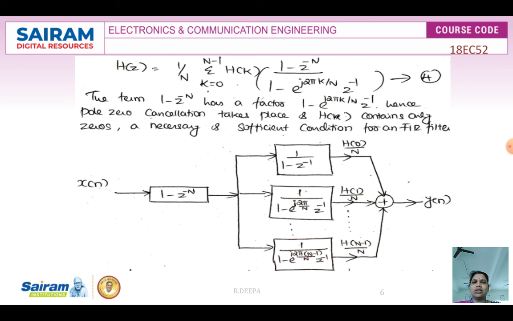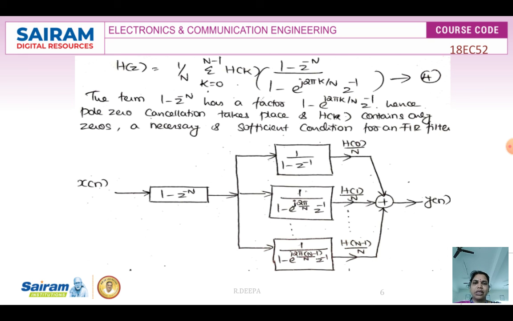Okay, from this I can draw the linear frequency sampling structure for the FIR filter. How to draw the structure is, you always start with the input as x of n and output as y of n. The input x of n will start with, if you observe equation 4, the constant 1 minus z power of minus N, which is taken as the first term that I am going to multiply, and the remaining I am going to generate by substituting different values of k.